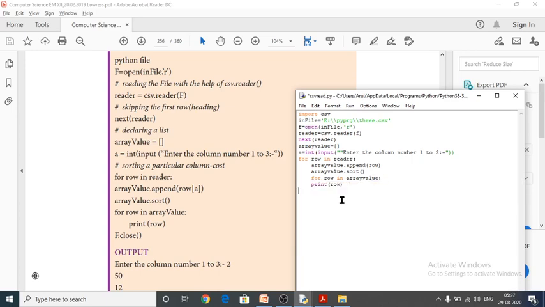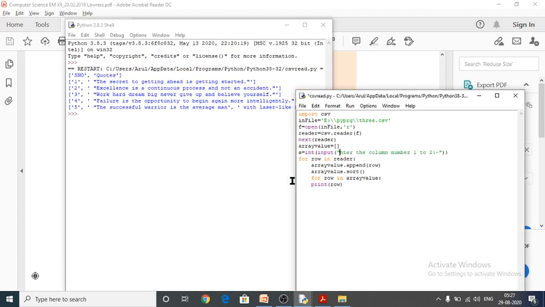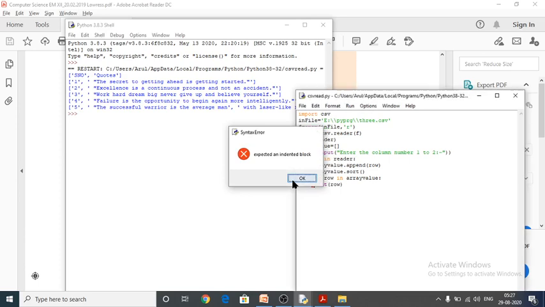Next one is here execute, your invalid syntax because I have given unexpected indented block, so it should be like this.